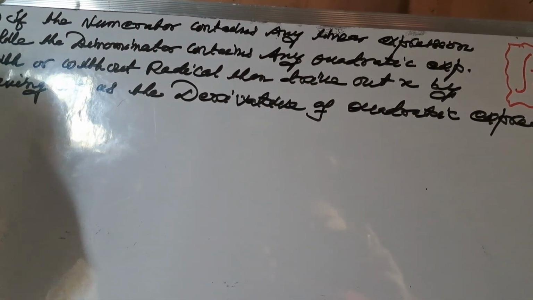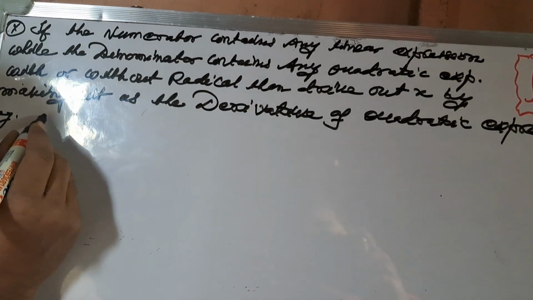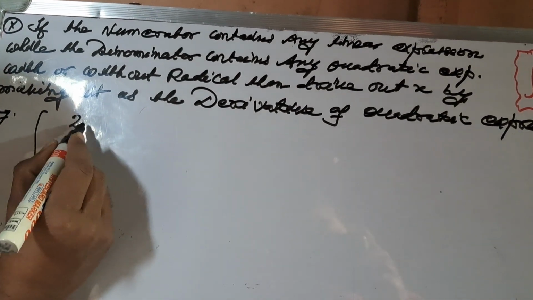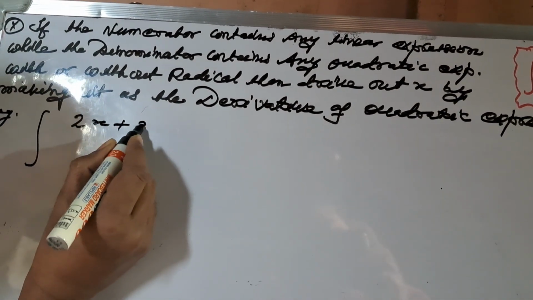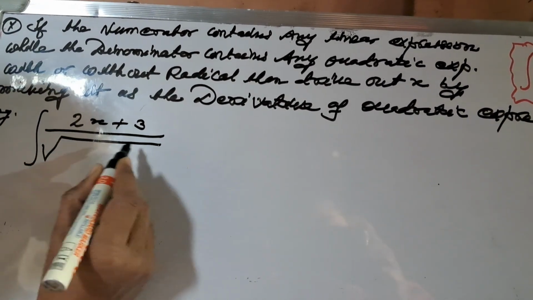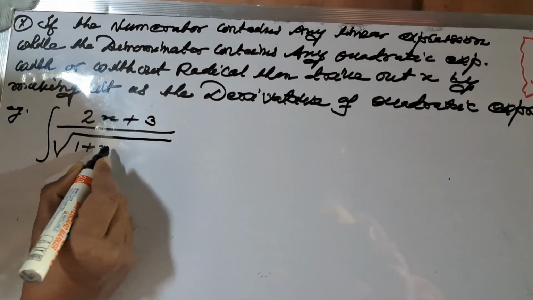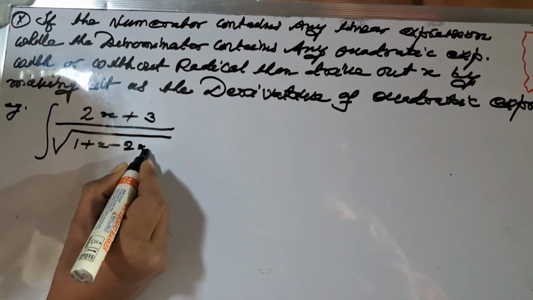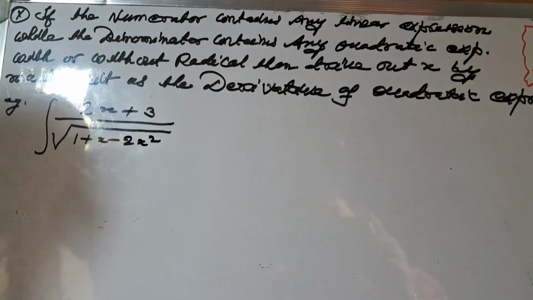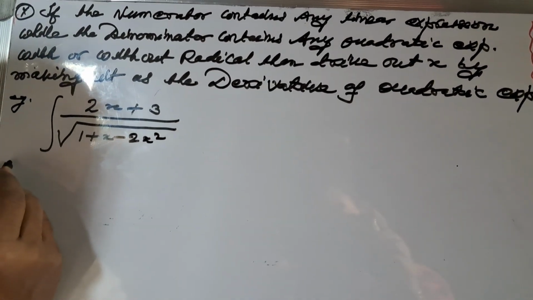That's it. Then the sum is here. Example sum I am taking here. You just see 2x plus 3 is the linear expression and the quadratic expression is under root 1 plus x minus 2x square. This is in the quadratic form, and numerator is equal to, as I told you,